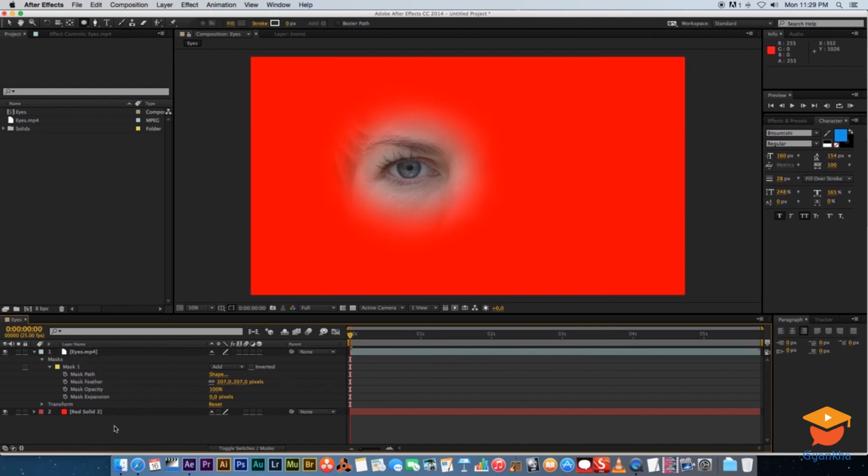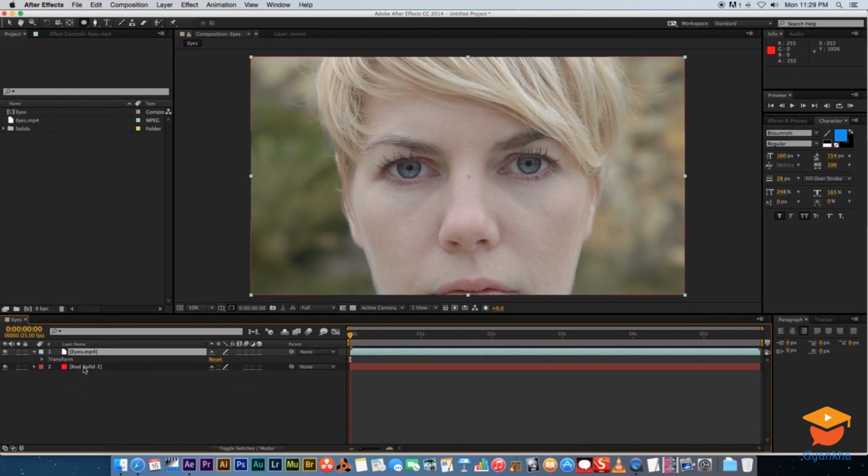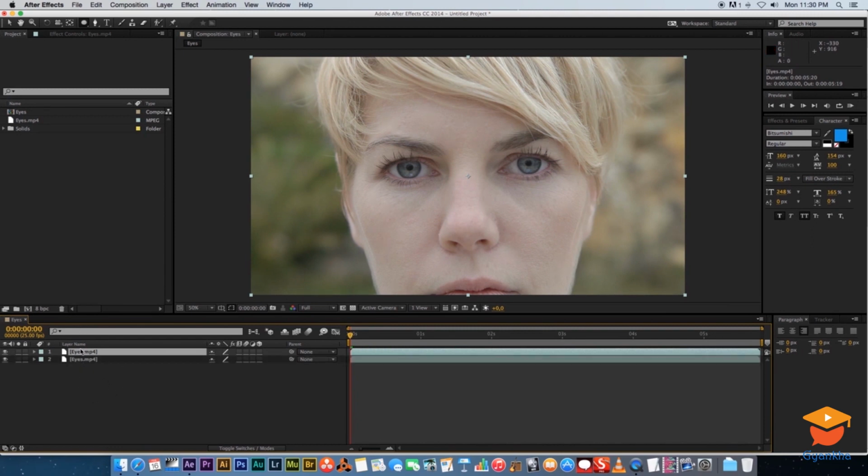Okay, so when do you actually need to use a mask? Let me show you an example. So I'm going to delete this mask and I'm also going to delete the red solid, and then I'm going to duplicate my footage. So on my footage, I'm going to press Command D or Control D if you're on a PC, and then I'm going to use the pen tool instead of the rectangle or the ellipse tool to create a custom mask. I actually want to zoom in here a little bit on the eye,